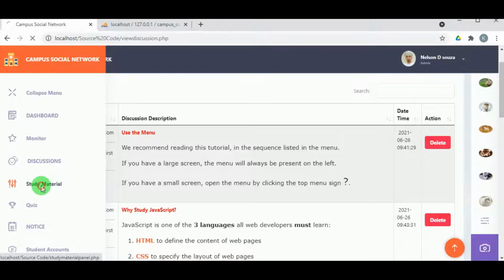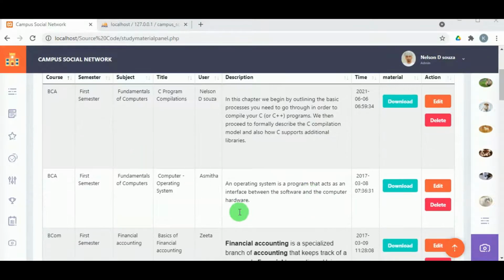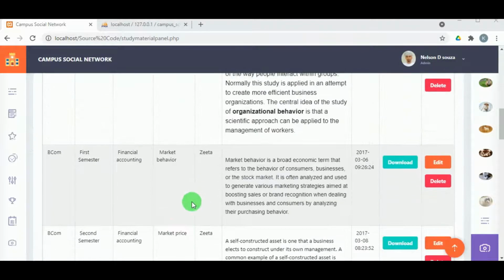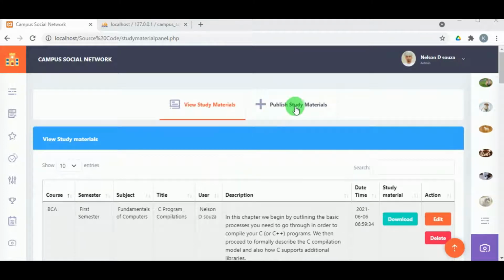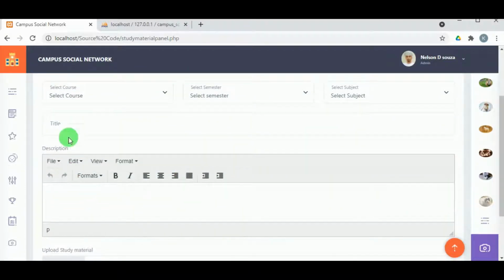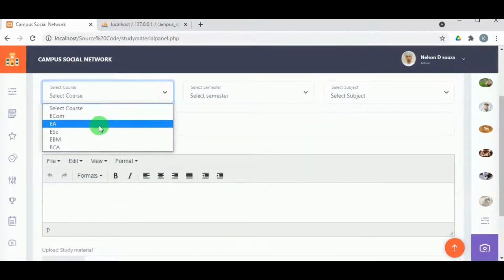In study material, here the admin can view the study materials posted by different staffs, and the admin also has the option to download these study materials. And in published study materials, here the admin can also publish the study materials by selecting